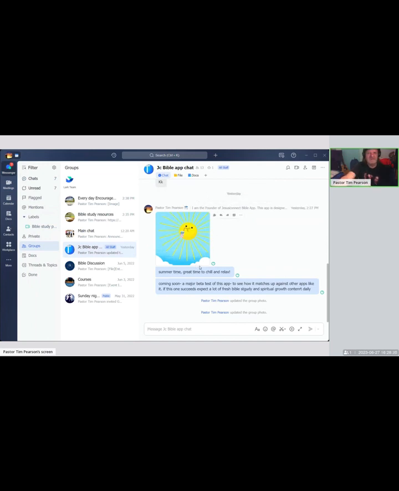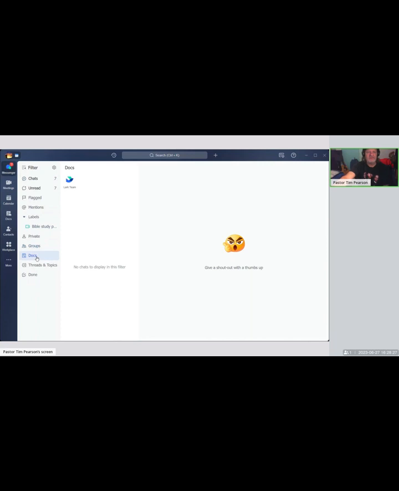I mean, there's just a lot of things you can do here. Reactions. This allows you to record the video, which I love. I don't have to use a third-party app to do recording. So that's kind of cool. Documents. This is a really awesome feature. It has Lark subtitles if you wanted to do that. You can do documents to create your own effects.